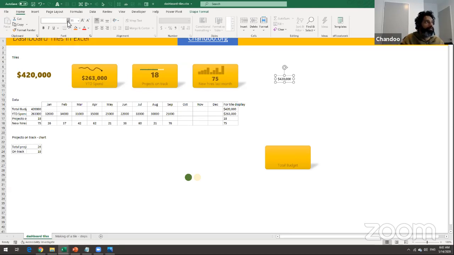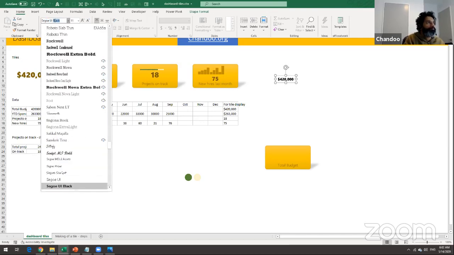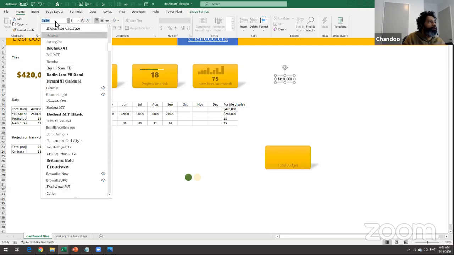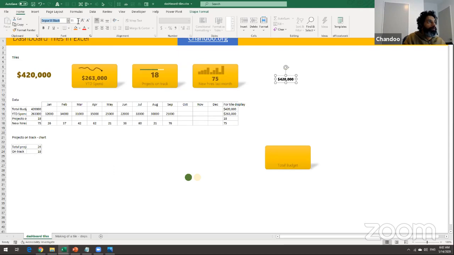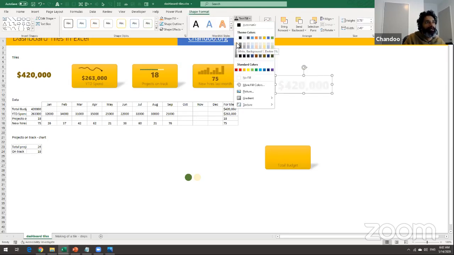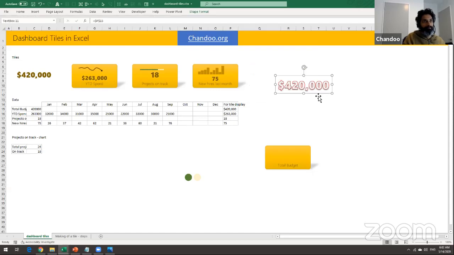So I can make this any font that I want. I can say this needs to be 36 points, and, I mean, don't go overboard, but you could do a lot of crazy things. For example, it can have white color with a red color outline and whatnot. And it can even have a shadow effect if you feel like that.